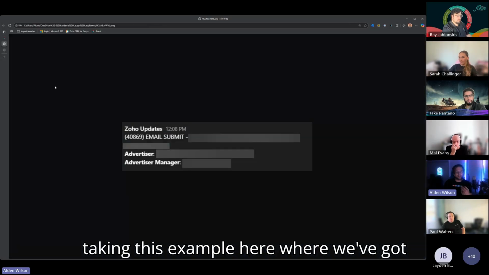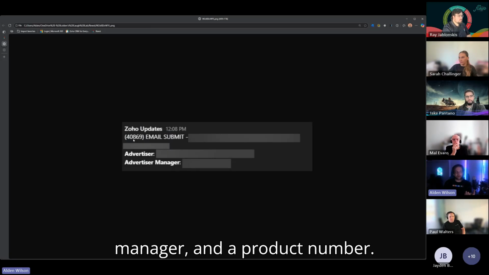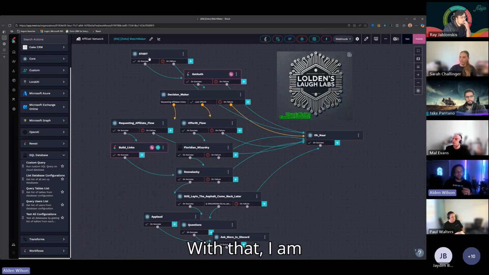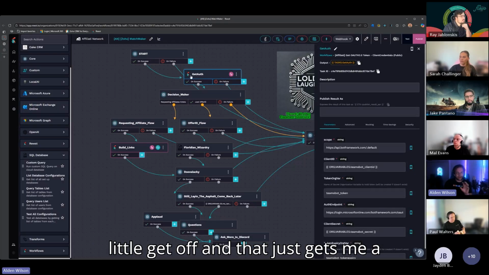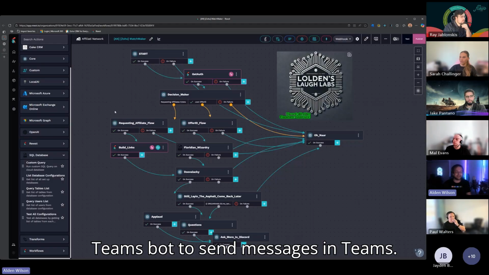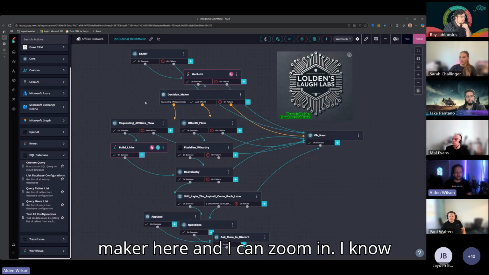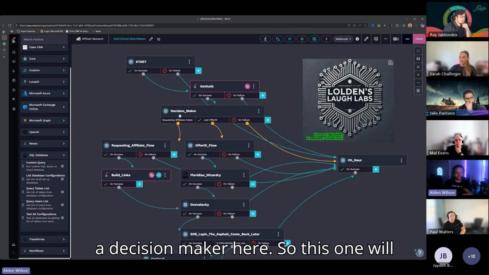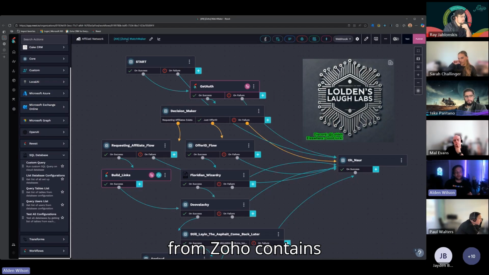Taking this example here, where we've got an advertiser manager and a product number that's getting passed through, I'm taking that and doing a quick little get, and that just gets me a Teams bot token so that I can use my Teams bot to send messages in Teams. From there, I've got a little decision maker here, and I can zoom in. I know my resolution is a little off. This one will check if the webhook coming from Zoho